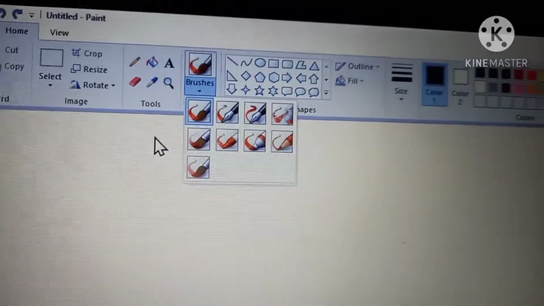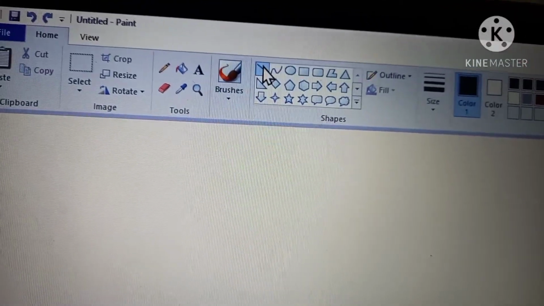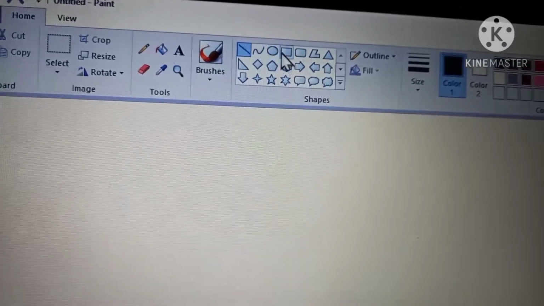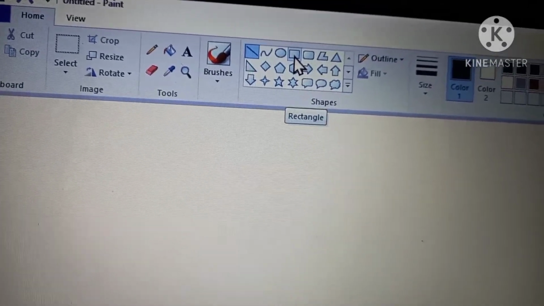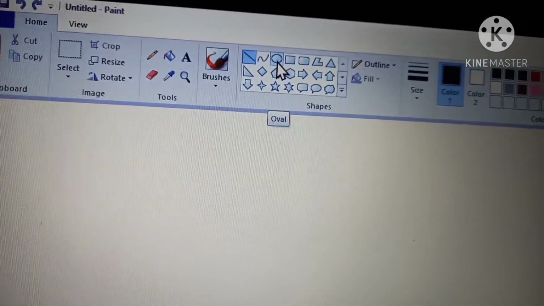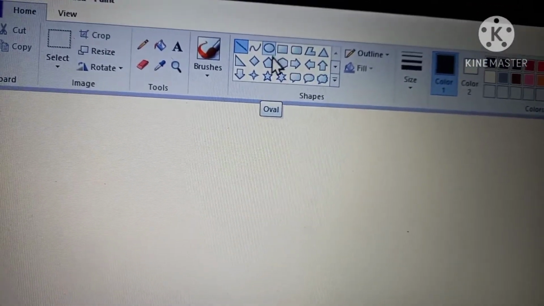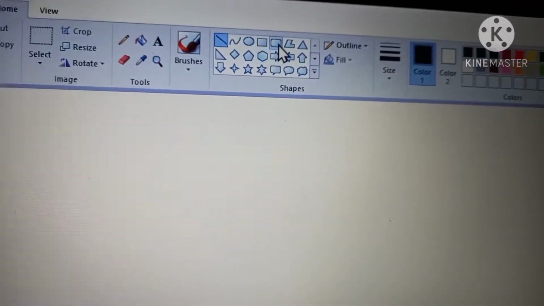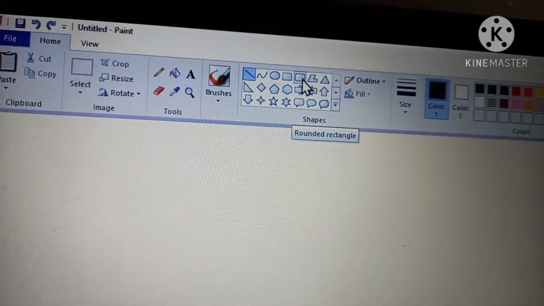Then this is line tool. This is rectangle. This is circle. Then it is also round rectangle. This is round rectangle tool.